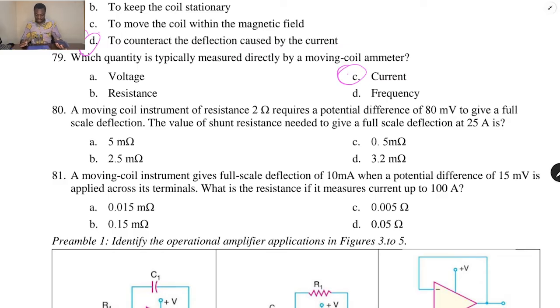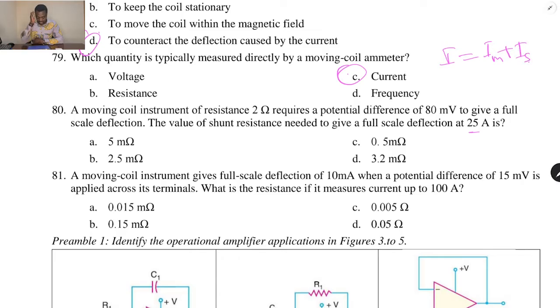To get the shunt resistance, we know that the current indicated by the moving coil ammeter, I, is equal to the current which is passing through the coil plus the